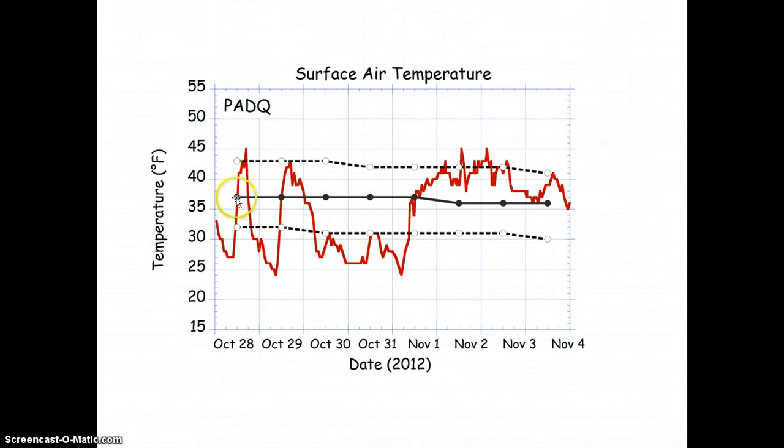And compared to the last plot, you see that the average daily temperature for the Kodiak region has dropped quite a bit from where it was for the September week. Here it looks like it's roughly at about 37 degrees, and then about November 1st it drops down to about 36 degrees, which again you would expect to see this time of year. As it is getting colder, it's turning more into the winter months, so you would expect to see this decrease in average temperature for the Kodiak region.